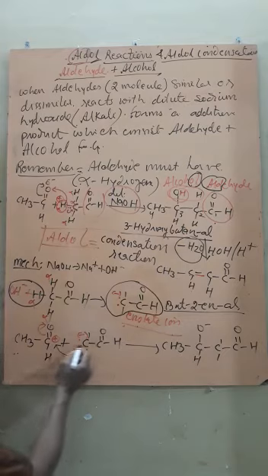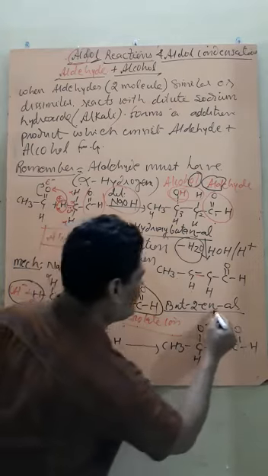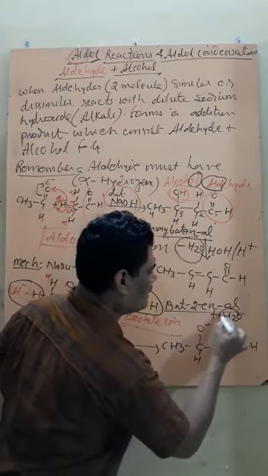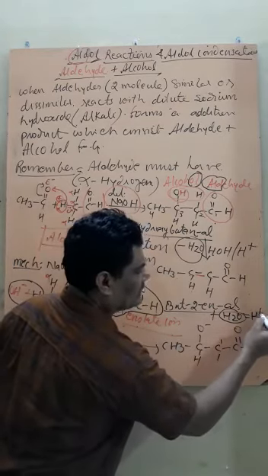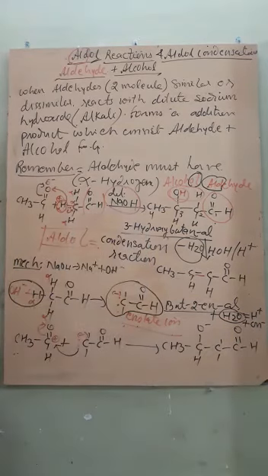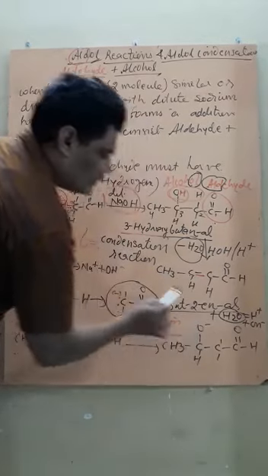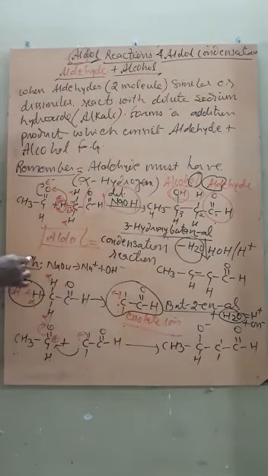That is, here the water is also getting released out. Look here, from the enolate ion the water is getting released out, and this water reacts with H cation, forming H cation and OH anion, so it gets attached here. Is that clear? That is, the attack of this H cation takes place on this oxygen atom. So in short, you can see the mechanism of the aldol reaction and aldol condensation reaction.